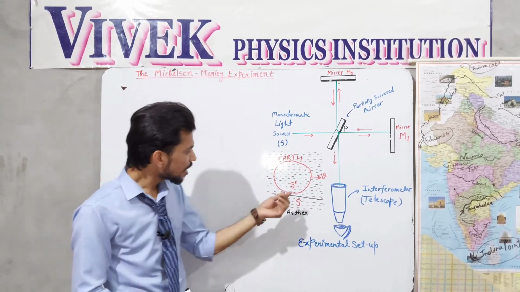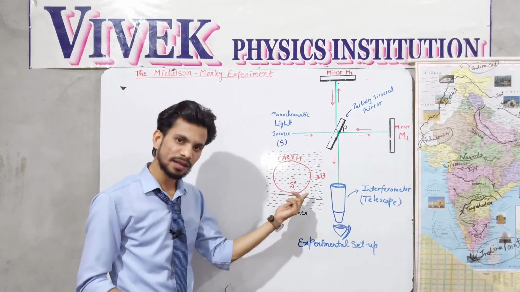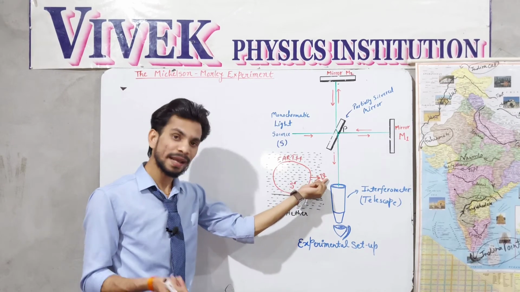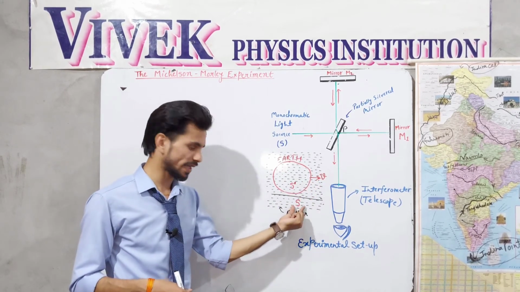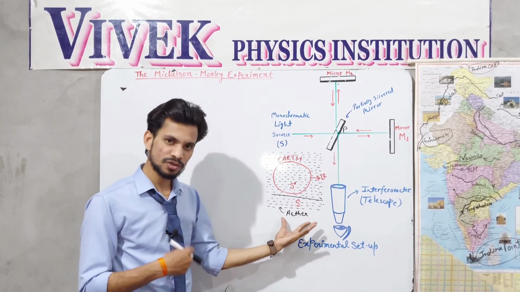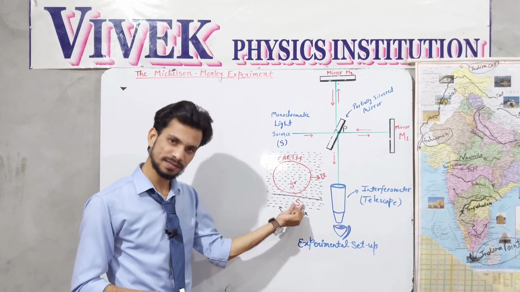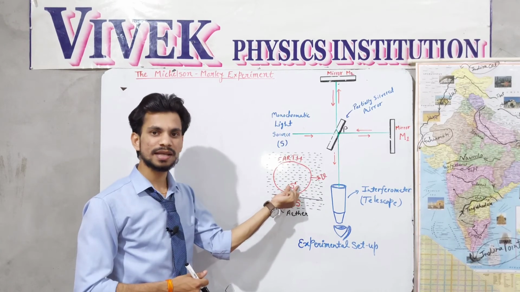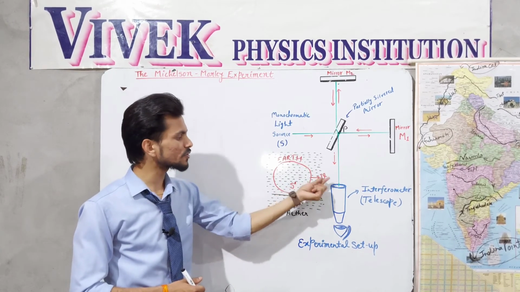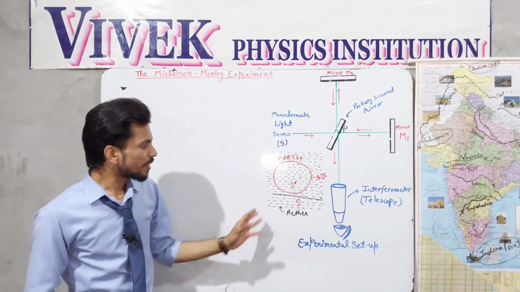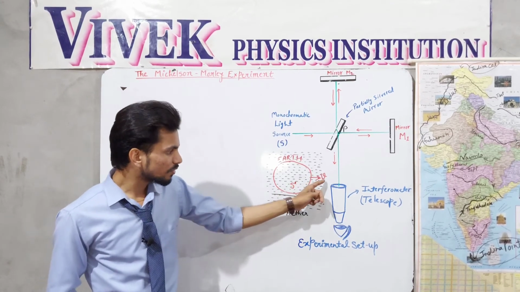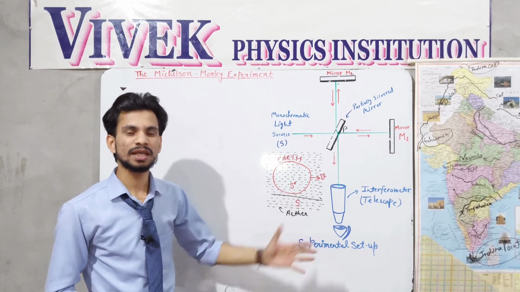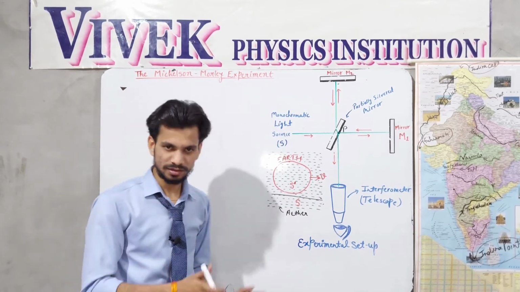So here Earth is taken as the S dash frame of reference, which is moving with velocity v in the frame of reference of ether, S. So ether is shown here as frame of reference S, in which the Earth, regarded as the S dash frame of reference, moves with velocity v. By calculating the relative velocity of the Earth v with respect to the medium S, we can be sure that there is a medium